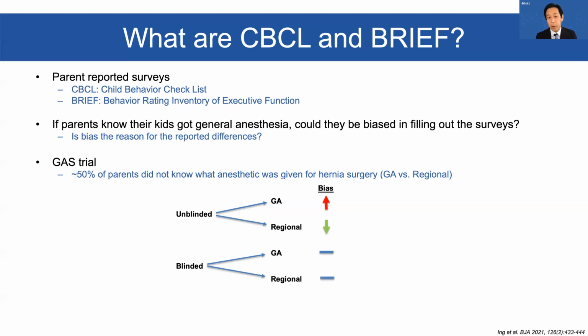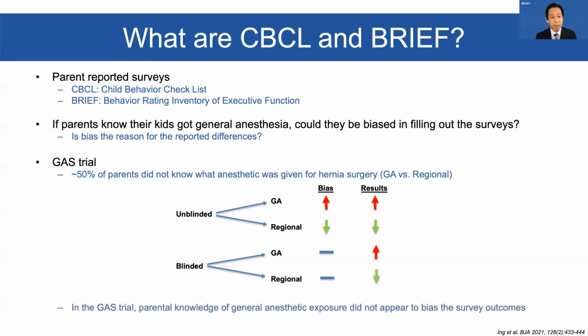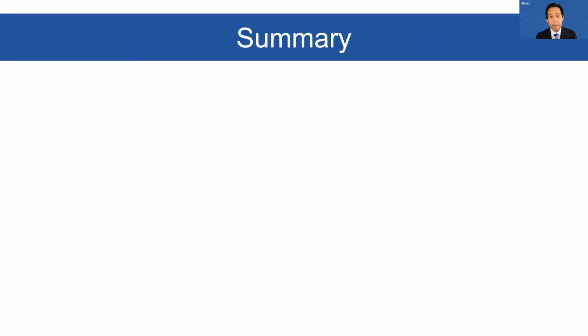But what did the study show? In the unblinded parents, the GA exposed children were found to have higher or worse scores than the regional anesthetic children. But in the blinded parents, they also reported higher or worse scores in the GA exposed children than the regional children. So in the GAS trial, it seemed that parental knowledge of general anesthetic exposure did not appear to bias the survey outcomes. So to summarize,